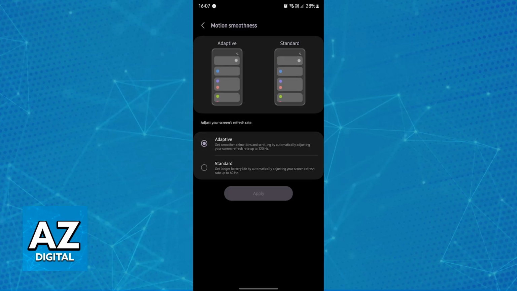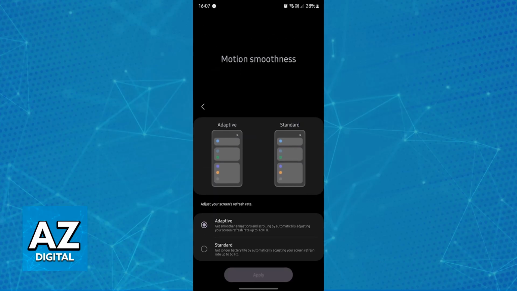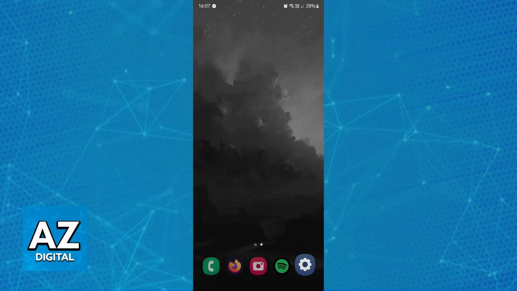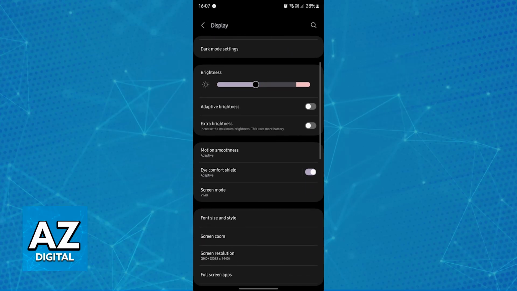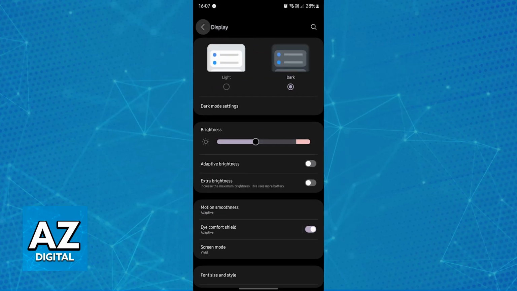Now, the way that Samsung devices work, they won't allow you to choose specifically to always be on 120 Hz. They will do this adaptive thing where it is going to automatically adjust between the refresh rates. However, it is quite good, and even though I would rather be able to lock it to 120 Hz like my old mobile device, this is still going to be wonderful, and you will definitely notice the difference. Even in the recording, you should be able to tell.